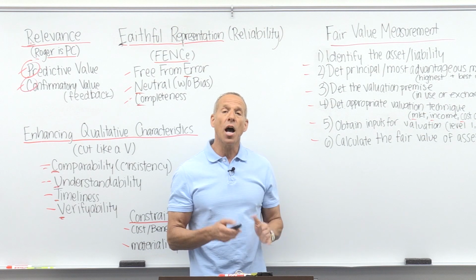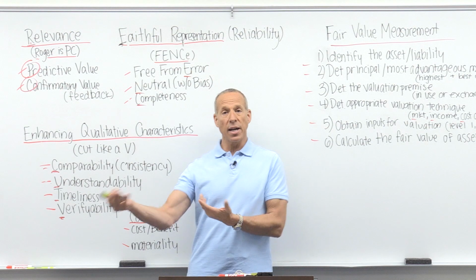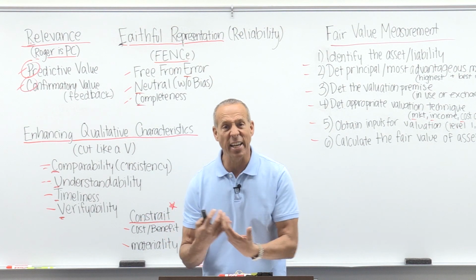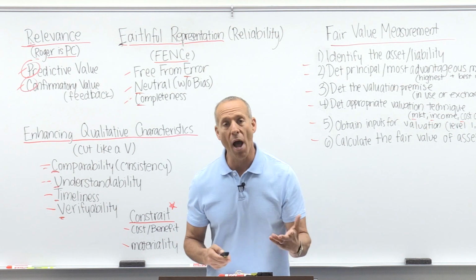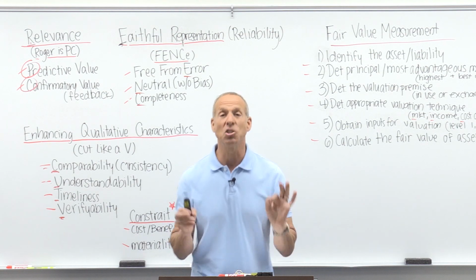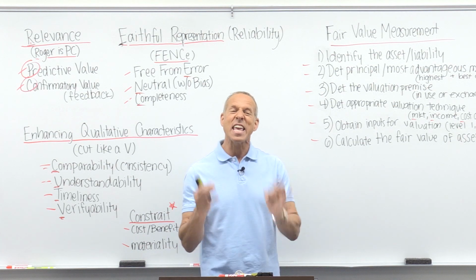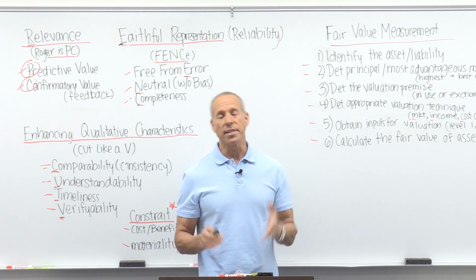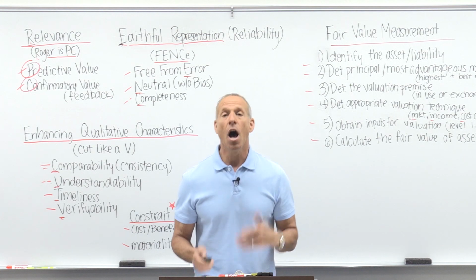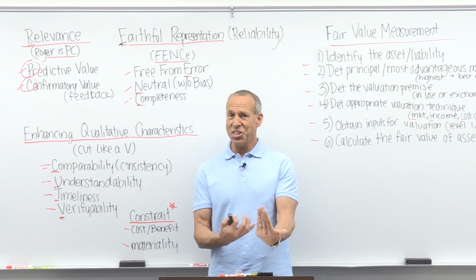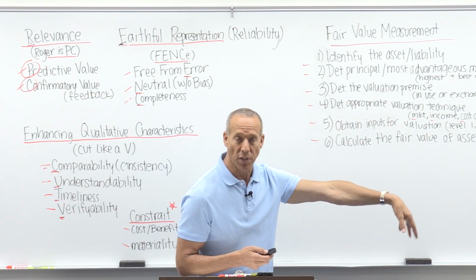We're going to set this up when the asset is either acquired or originated. So if I loan you money, that's when it's originated. If I'm purchasing it, and we'll talk about purchased credit losses later on, then it would be when acquired, even if the risk of loss is remote. Now, in the olden days, we said not if it's remote, only when it's incurred. Now we say even if it's remote, we're still going to recognize it. So now we're going to recognize the credit loss on assets that don't even have evidence of credit deterioration. It hasn't yet deteriorated. We don't know if it's going to deteriorate, but we're going to forecast looking way out into the future.